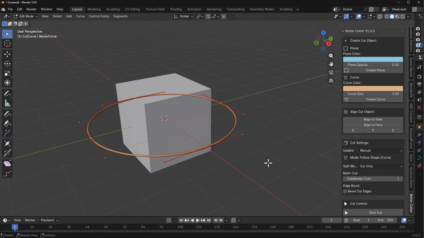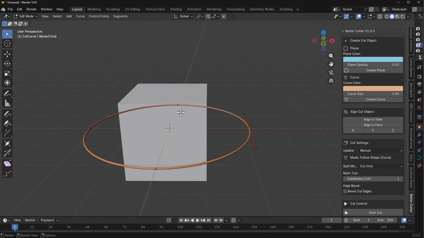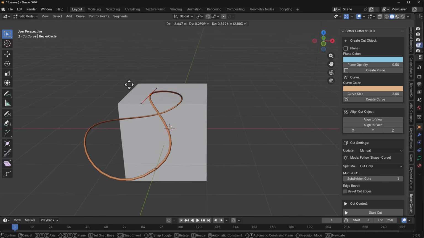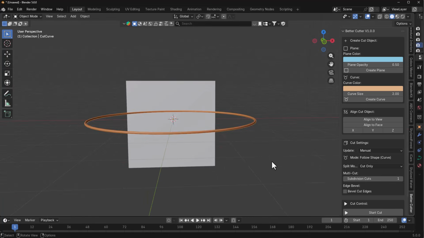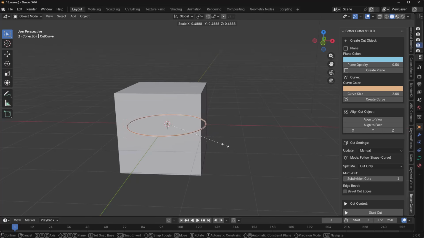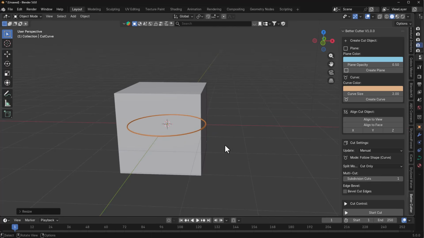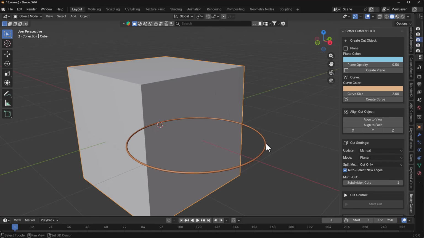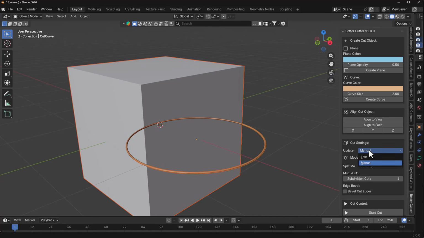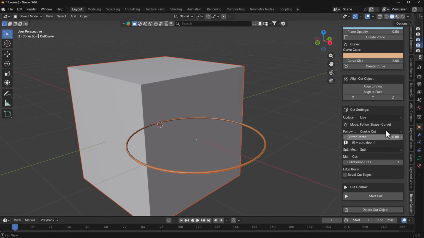And by the way, if you press your Tab key, you can have any of these points selected, tap G on the keyboard, and move it to wherever you want. So for this particular one, what we're going to do is just push this about a point like so. Let's just move this around. So we're just going to move this over to this point, have this selected, have these other ones selected, go all the way down, change this to live, change this to split,